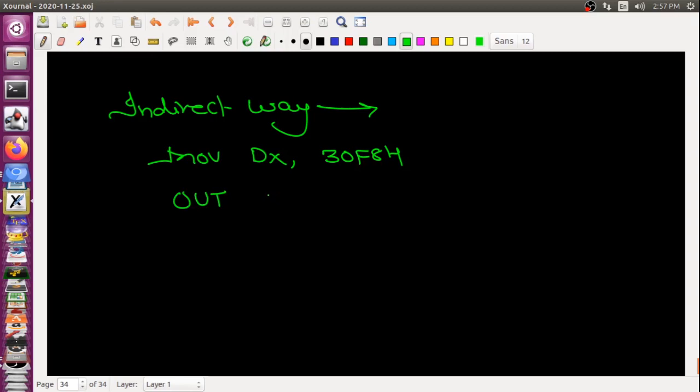On a byte basis I will write OUT DX, AL, and on a word basis, OUT DX, AX. Whatever content is available will go to that port. This address is pointed to by DX, which differs from the direct way because it is indirect. So first the address is loaded into DX by the first instruction, then the data is copied from AL, and DX supplies the address.